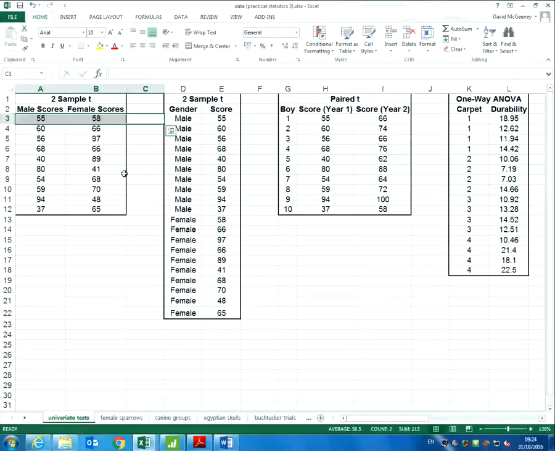Okay. In columns H and I, okay, boy 1 in year 1 got a score in maths. In year 2, again, a score in maths. With this subject, correlation and regression,